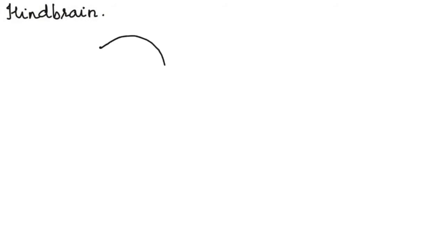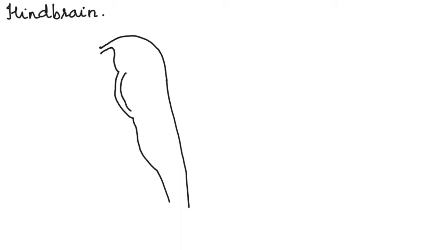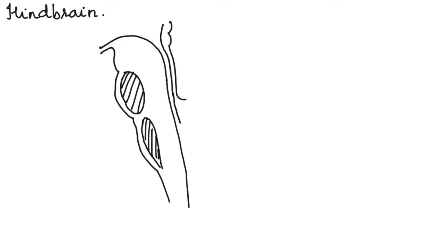Now let us see the parts of the hindbrain. Here we first begin by drawing the tubular structure that is on the ventral side of the brain, that is below, that is posterior and ventral to the brain. So this tubular structure here is an extension of the brain stem, which consists of the pons and the medulla oblongata. On the dorsal side we have the cerebellum.